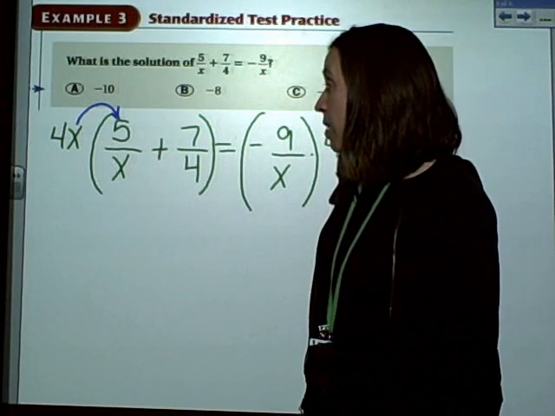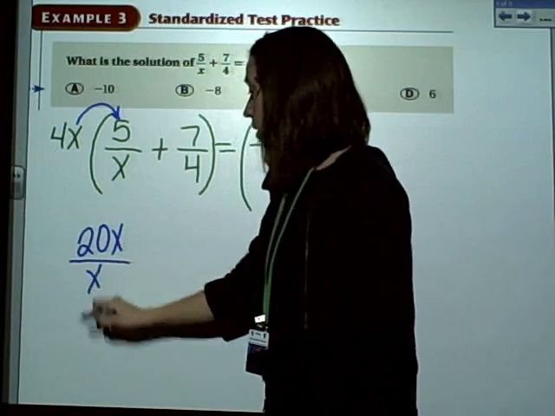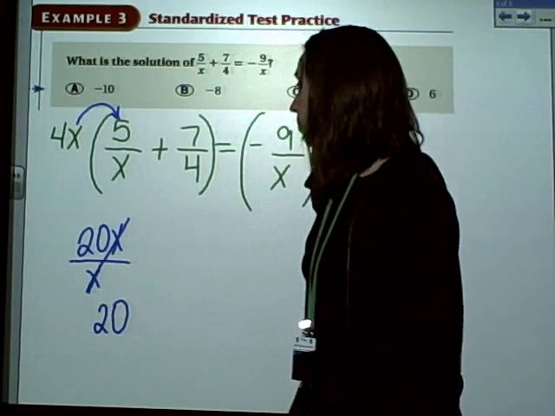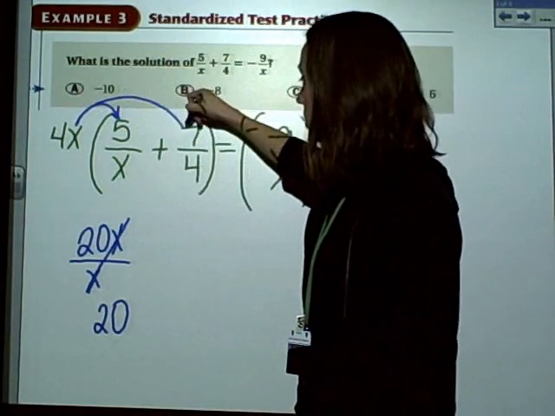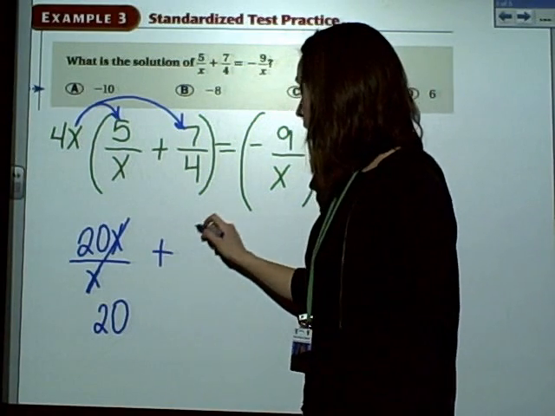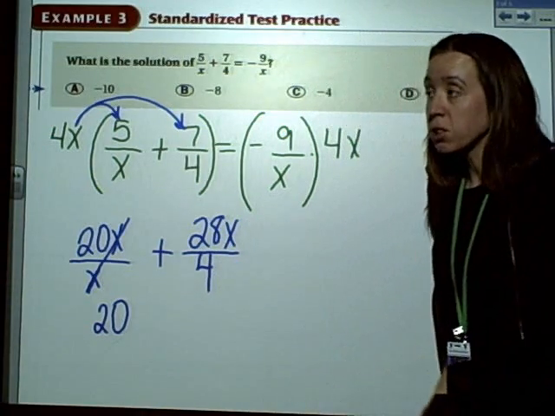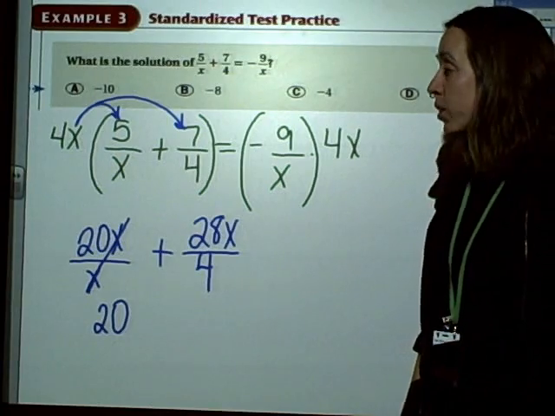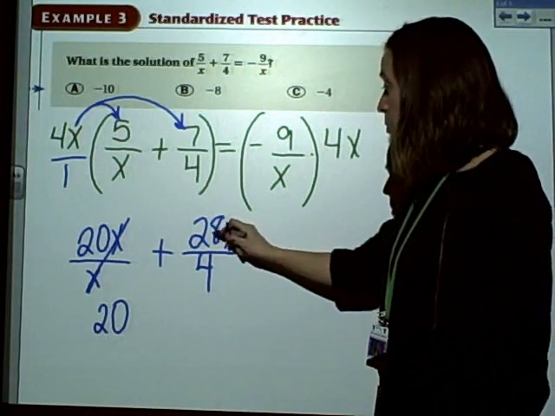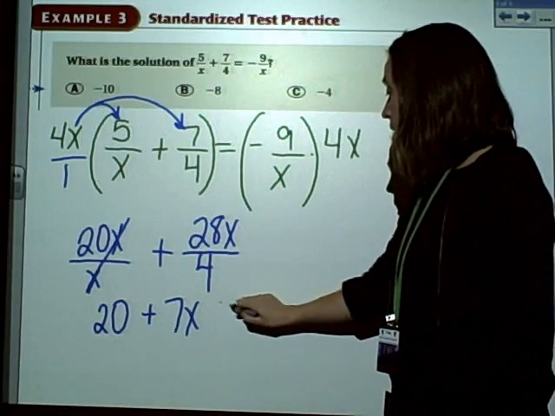4x times 5 over x gives me 20x over x. Again, those x's are going to cancel, so we're left with just 20. Then I'm going to go 4x times 7/4. That leaves me with 28x over 4. Remember, with fractions, when you multiply a fraction by a whole number, you're multiplying across. And it's just like it's over 1. 28 divided by 4 is 7, so it's going to reduce to 7x equals